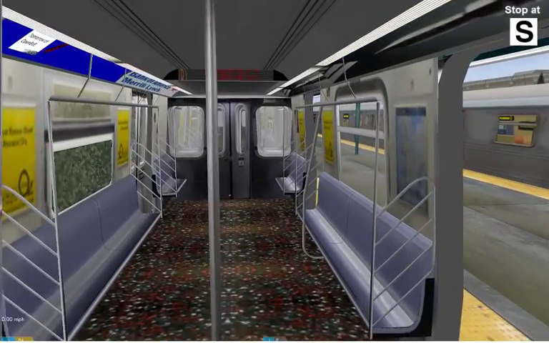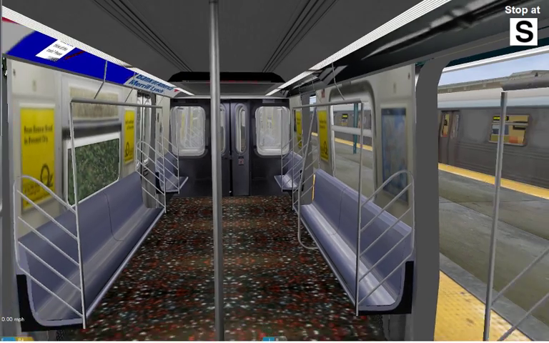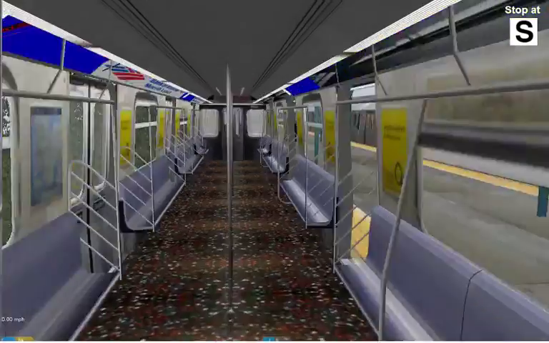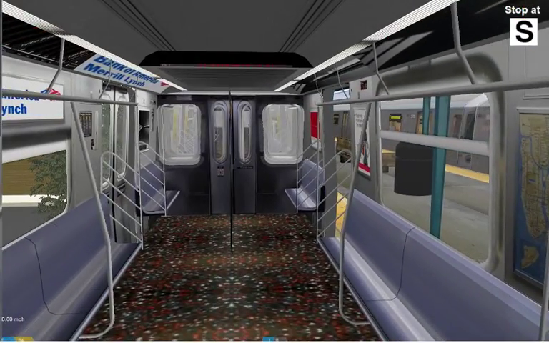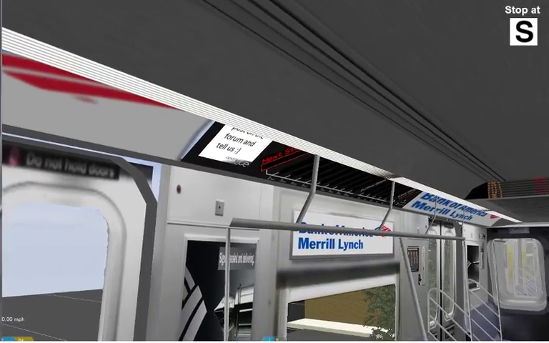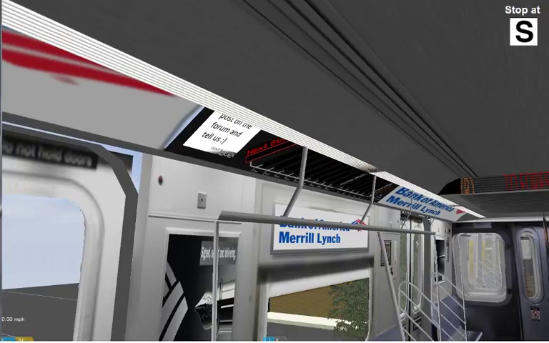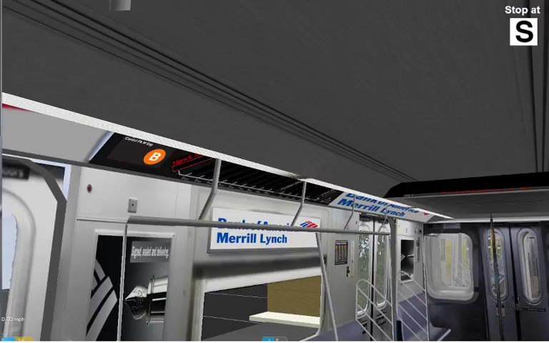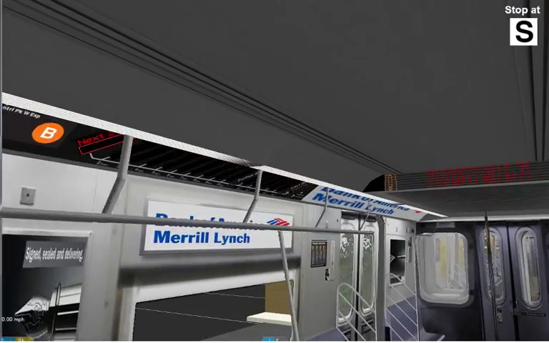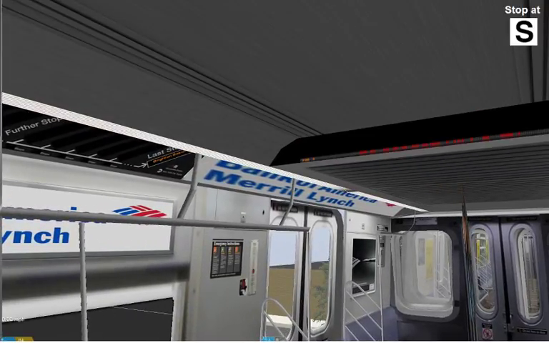The FIND system screens, that's going to be a little difficult to do. I think on the first car, there's one. Oh, there's one. First car has the FIND system. I think I can get it to mimic and make it look like that and just change the route destination. But to get the actual stations, that's going to be a little tricky since